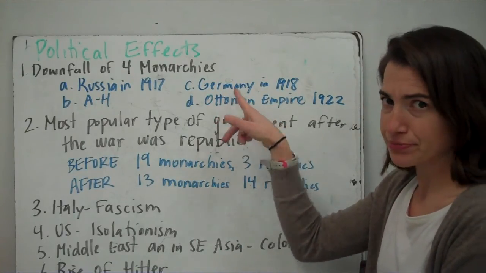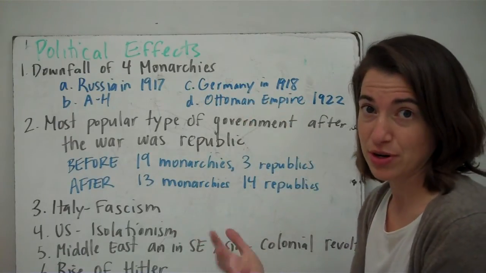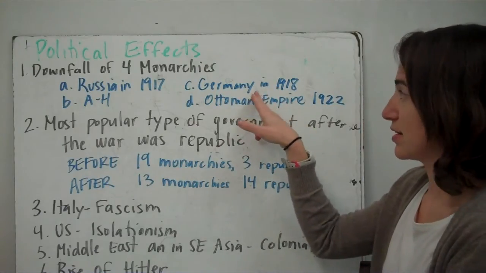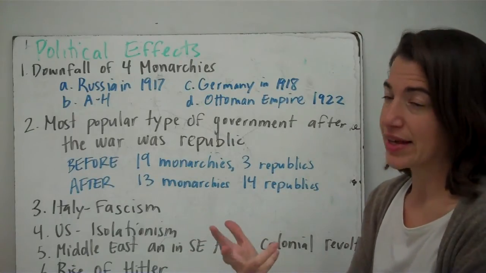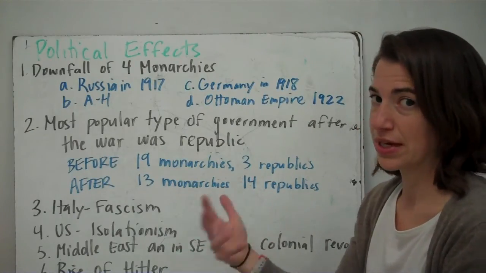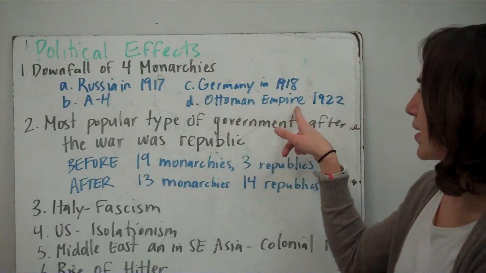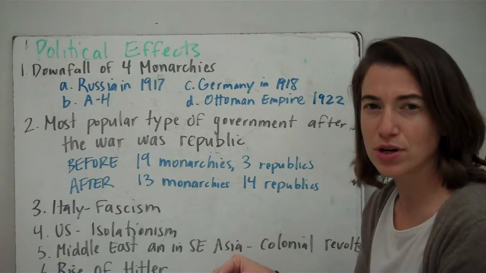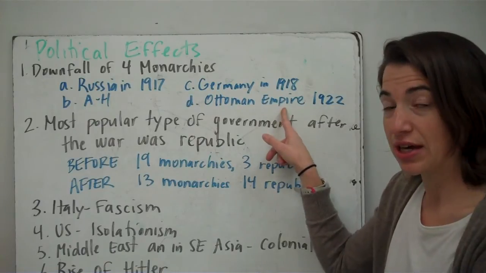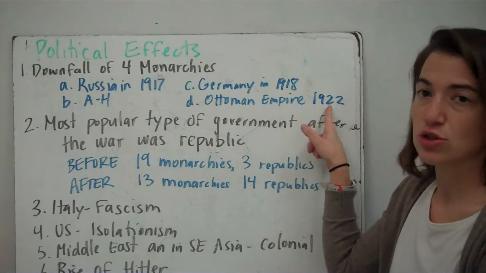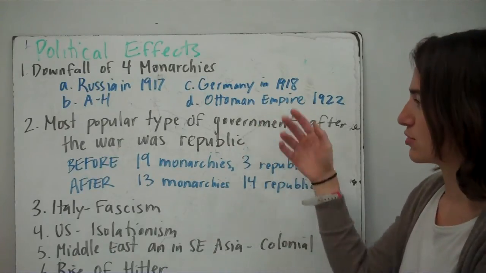Germany was a monarchy. They called their leader the emperor, but because they lose, right, and there was a revolt right before the end of the war, in 1918, they're no longer a monarchy, and they go through a series of different kinds of government, elected and appointed, until we get to a very famous leader there prior to World War II. And then the Ottoman Empire in 1922. So it's not directly after the war, but because of the ideas of the war, the Ottoman Empire actually becomes Turkey, that's what it's called today, in 1922. And with that, you see a lot more modernization in what is now Turkey.